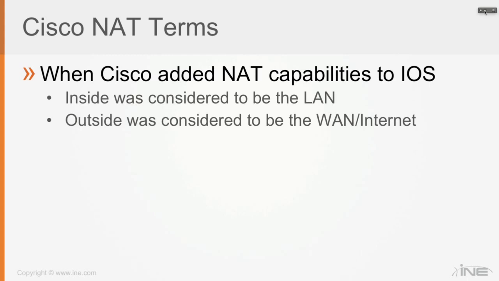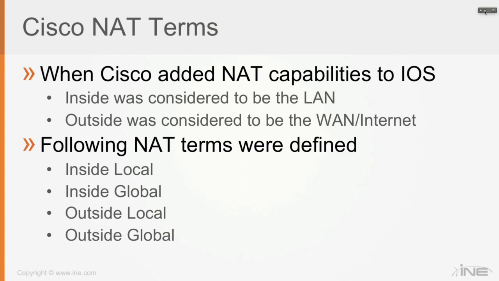So at the point when they added NAT capabilities on the routers, which were running the IOS code, the inside was considered to be the LAN side, the protected network with the private IP addressing scheme, and the outside was considered to be the WAN or the internet, where you would go out on the internet to reach whatever resources are not in your network. So we have to understand that was the initial scope, because as we're going to see in a couple,